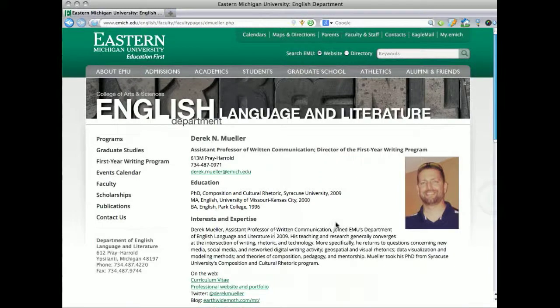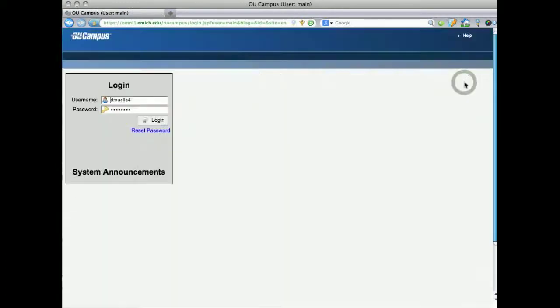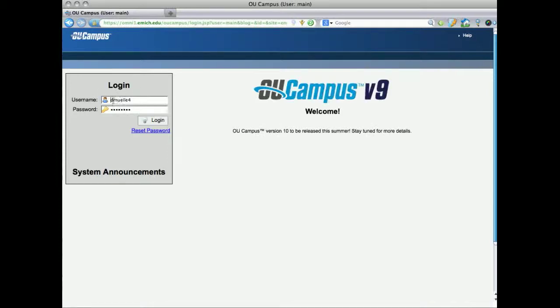These are similar steps to what you can do when you want to make changes to your page. Again, to log in to the OU campus platform, I'm going to click on this little inset E. And it brings me to the login page. The username, again, is everything left of the @ symbol in your emish.edu email address. So mine is DMUELLE4. And then the password will match whatever you use as a password in the Zimbra emish.edu email system. Now when you log in,